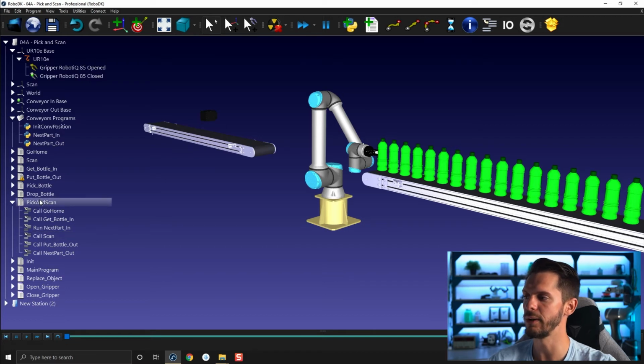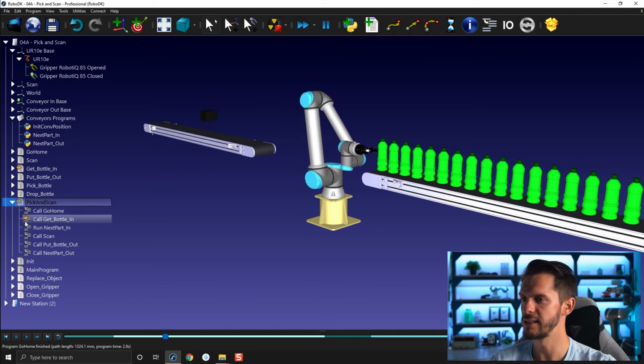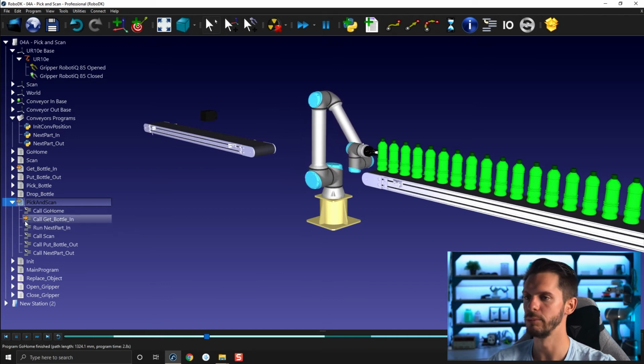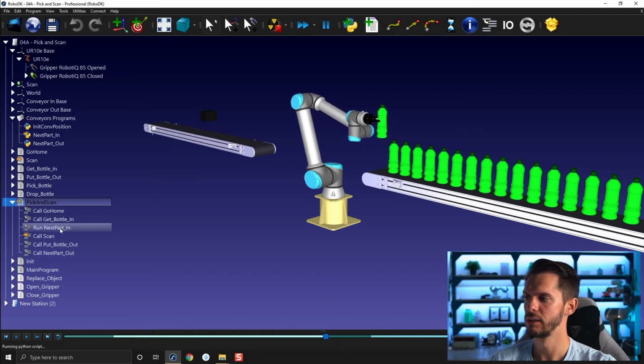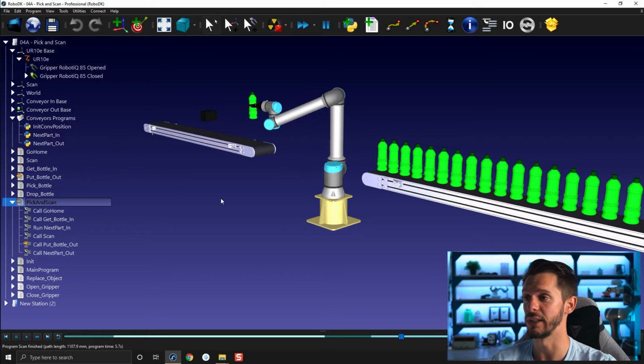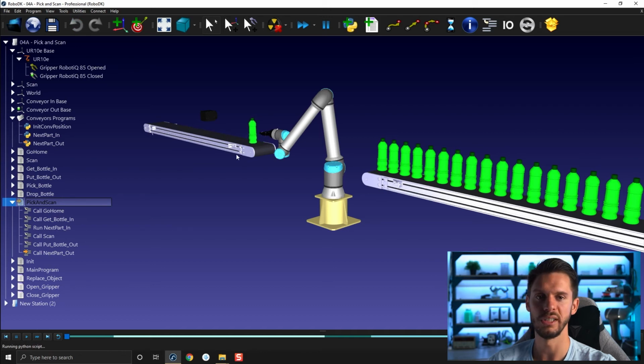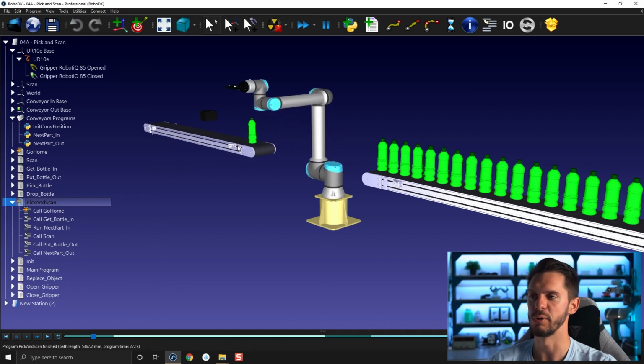So if I run now, the way it's built, I'm going back to my home position, get bottle in. As soon as get bottle in is finished, I'm moving up, and as soon as I'm here, you will see two program pointers appearing. One here for the next part in, and another one for the scan part, because both are running at the same time. Here instead, I didn't change it, so for this one, I will retract, and I will have to wait for the conveyor motion to take place before I can move the robot anywhere else. So you will see the difference.